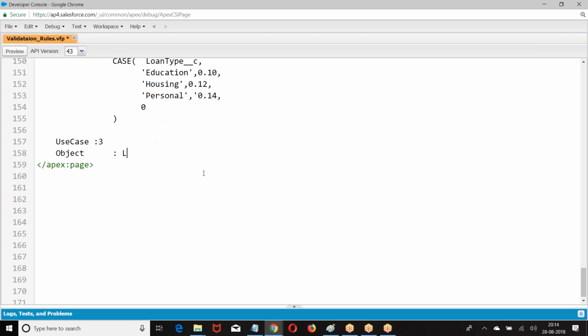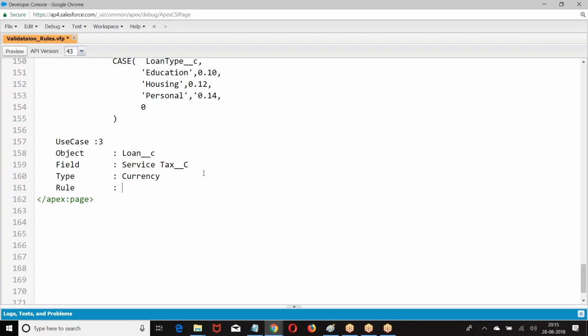Use case 3. Object. Then field. Service tax. Type of value we are expecting: currency.